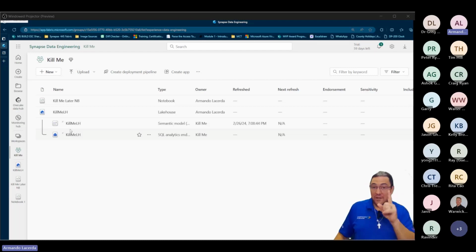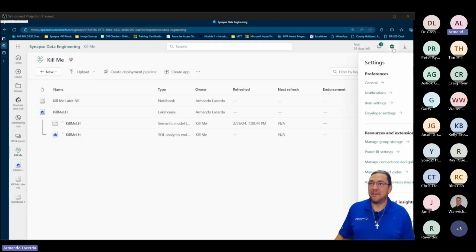I have one compute environment, which is my capacity. So whatever charge I will have is for that capacity, whatever the capacity says. And then I'll be using the capacity here in the workspace. So I'm going to go here into the workspace, get in here. And here in the workspace, I will do, where is it?